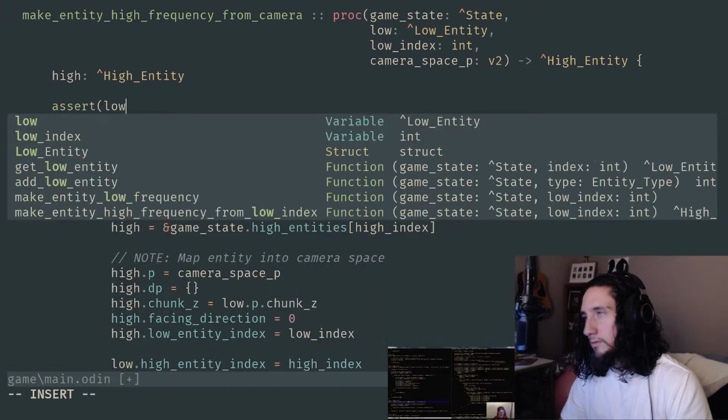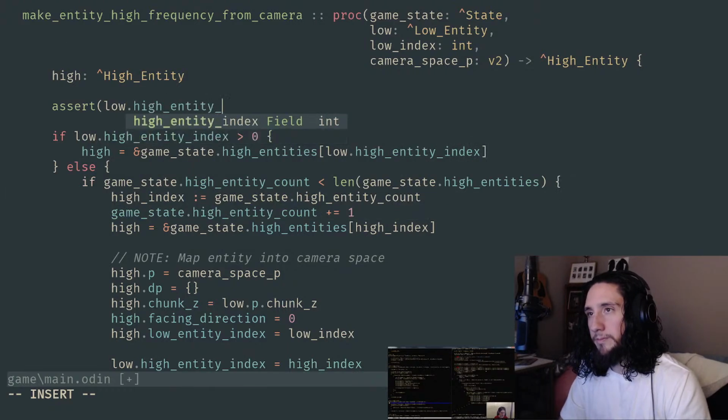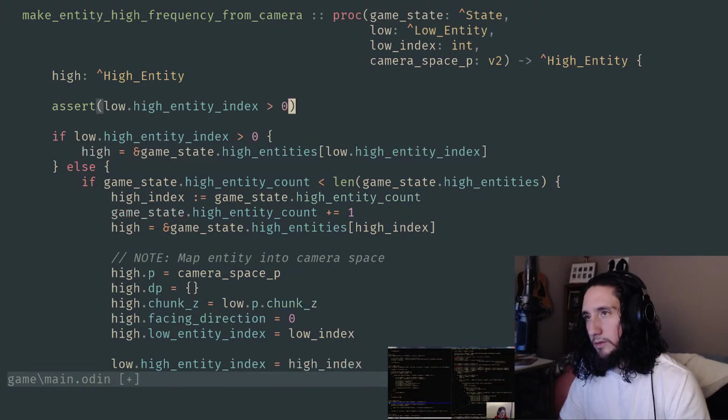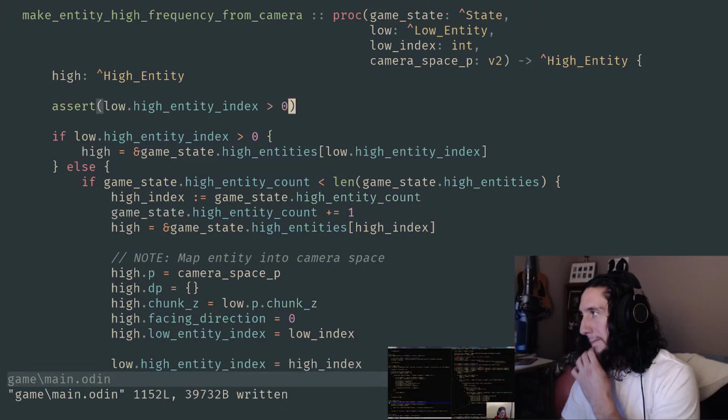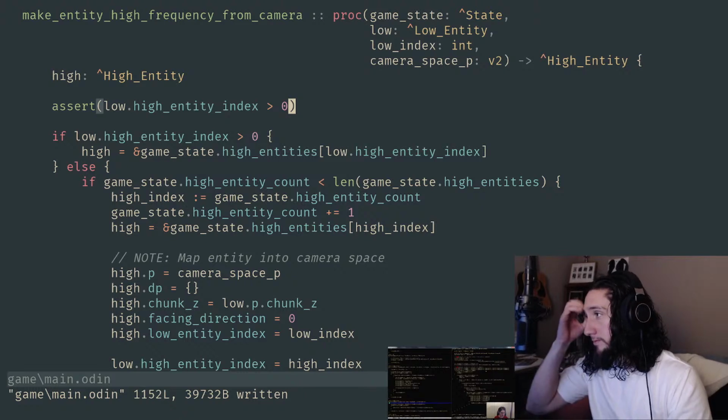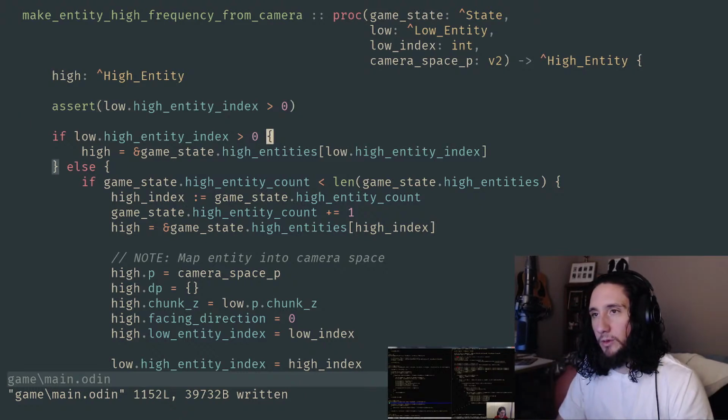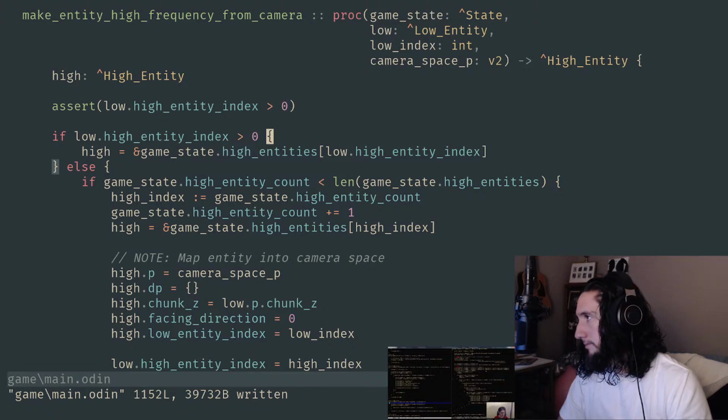So then when you call this one, which is the kind of fire and forget method. Hold on, gotta get caught up. We want to assert that that's greater than 0, essentially. Is what that looks like to me. And then he's still doing a guard here. But where is he going to get the high entity out then?